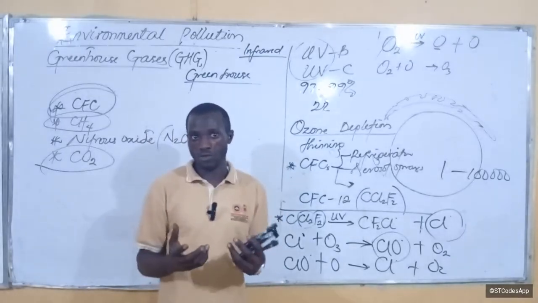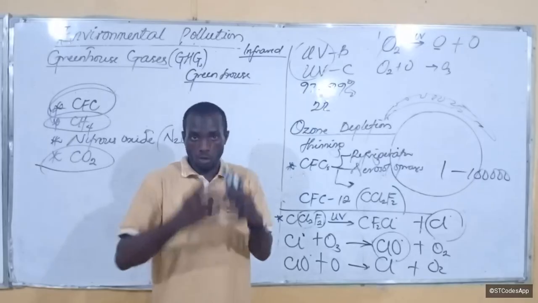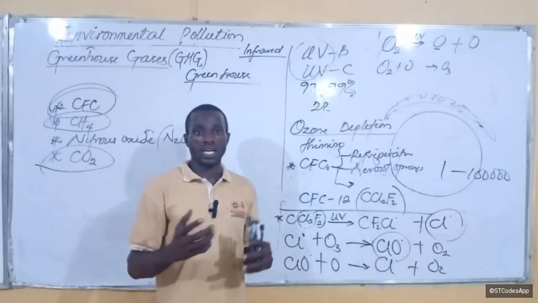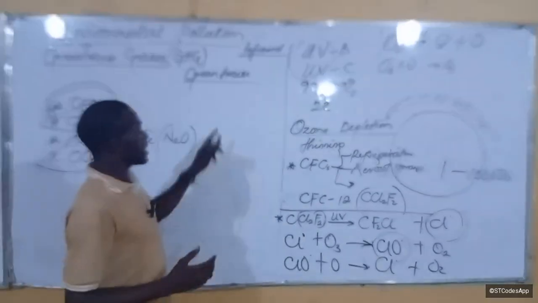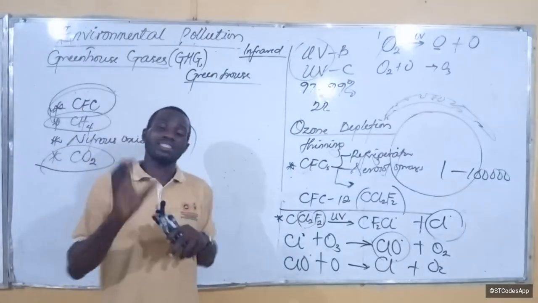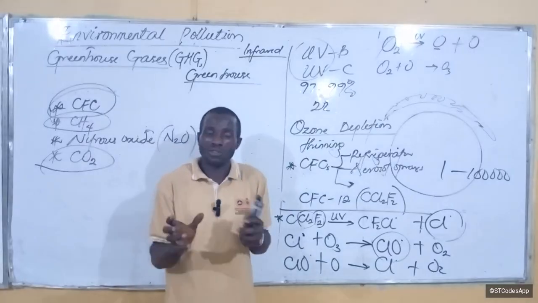That's what we primarily use greenhouses for, a controlled system where we can grow stuff. Okay, so basically, I'm saying that greenhouse effect is the term that was coined for that condition, because it looks